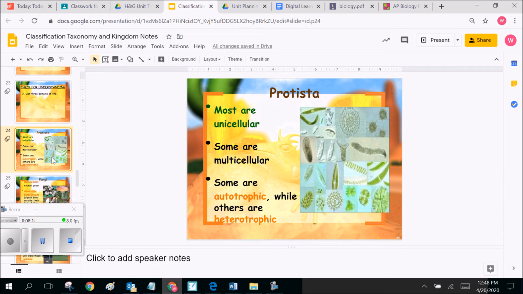So Protista, most of them are unicellular, which is weird for a eukaryote. Typically, eukaryotes are multicellular organisms, so this sets Protista apart. Some are autotrophic, which means that they make their own food using things like photosynthesis or chemosynthesis, but others could be heterotrophic, meaning that they eat other organisms for their food. So Protista are pretty varied. I will tell you that they're like the most diverse kingdom of eukaryotes. They include many different organisms that some of which, actually many of which, are more related to other kingdoms than